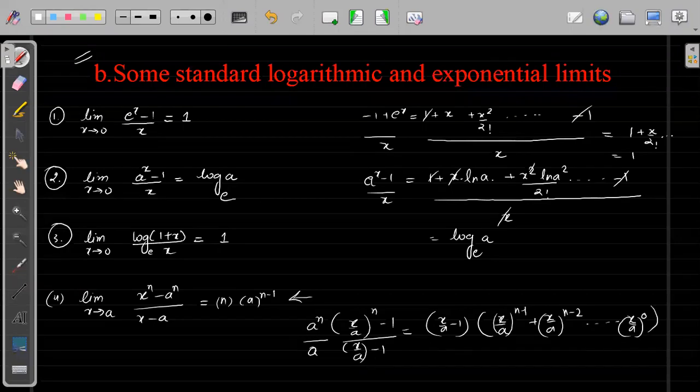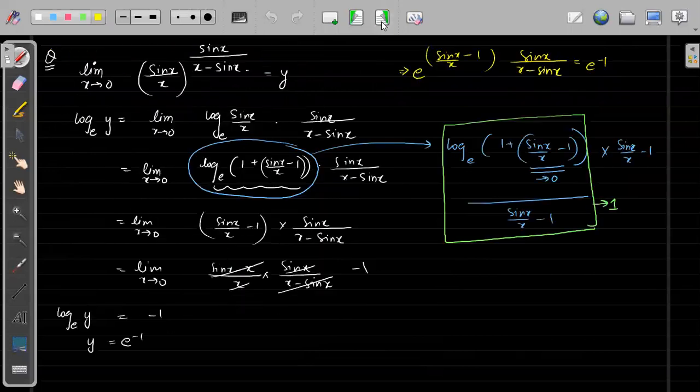If you remember factorization, x by a minus 1 was there in the denominator, so this will get cancelled with this. You already have a to the power n, so this will become a to the power n minus 1. From here you will get n terms, so this will be n into a to the power n minus 1. So this is the derivation, and you can also differentiate, but that differentiation form we'll do next. First we will solve some questions based on the standard forms. So you can use this as a derivation. Okay, let's see some questions.